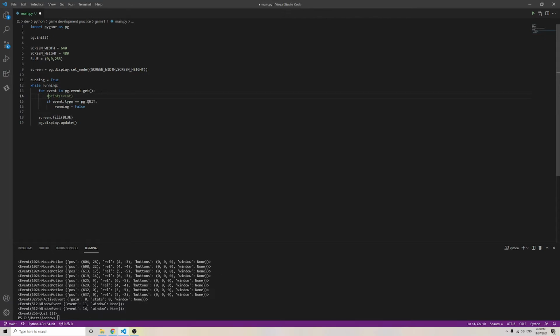Let's say I want to set this up so that when I hit the escape key, I also exit. So let's go, if event type is equal to